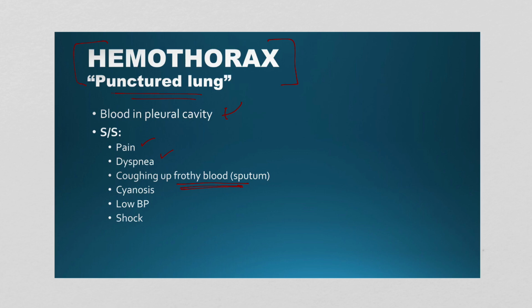So what I typically do if I suspect some type of pneumo or hemothorax is just have the patient cough into some type of tissue to see if there's blood. Most often, if there is no blood, you can rule out a hemothorax. The patient's going to have lower blood pressure, and that's because they're losing blood internally, into the pleural cavity, and they will eventually go into shock. So when we look at pneumo versus hemo, they're going to deteriorate a lot more rapidly, but the biggest differential here is going to be coughing up that frothy blood. So this is a